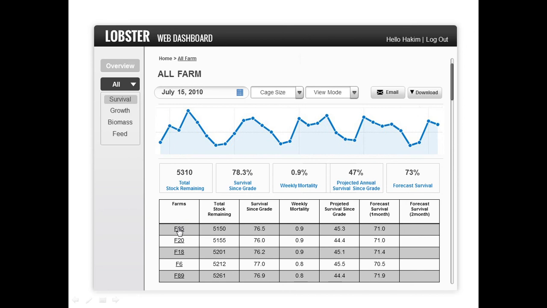And then you can click any of the data, like total stock remaining or whatever, and you can sort them from highest to smallest or smallest to largest, depending on your views of comparison. Next will be